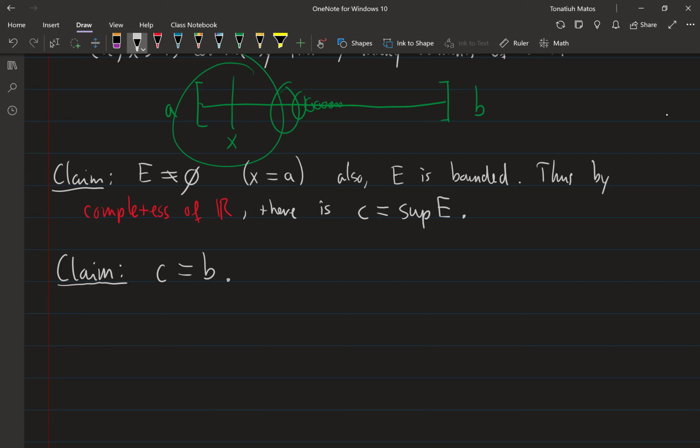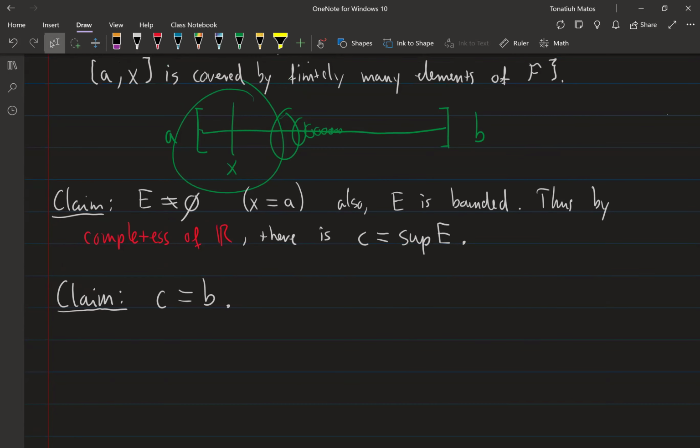I'm not saying this is obvious. I'm not saying that this follows just by writing one line. You need maybe 2 or 3 lines, but it's just from the definition. Apply the definition of supremum, apply the definition of open set, and you can easily prove that C must be this element B, right? And then we're done. Because if C is B, then that means that C has the property, right? C has the property. So from here,